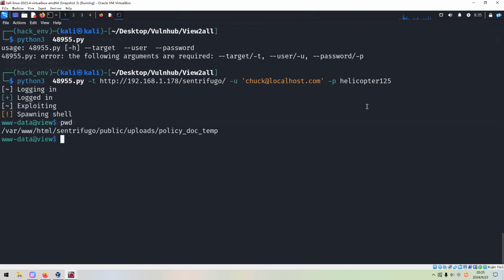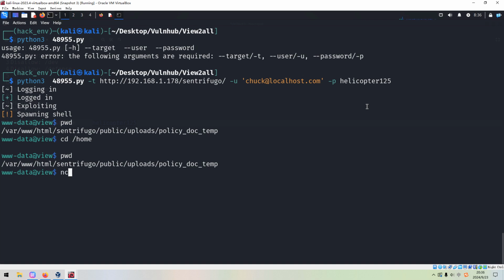And now we can print the working directory, and also we can navigate to the home directory. However, we failed to navigate across locations. So maybe this shell is not a very good one. Maybe we need to spawn a new shell, okay? So how to do it?